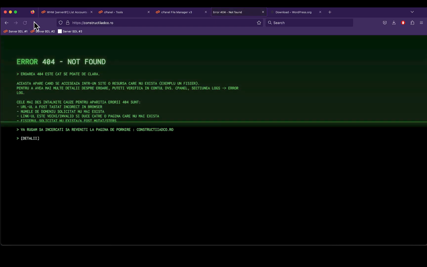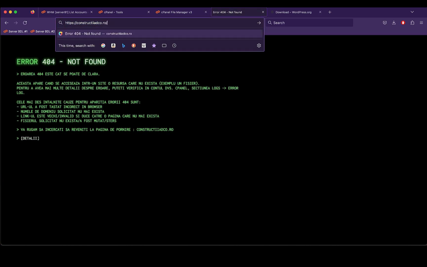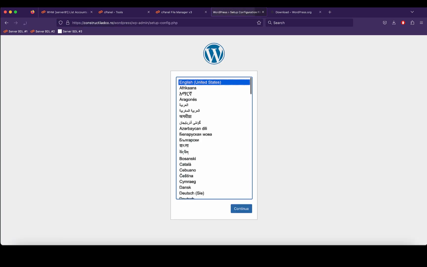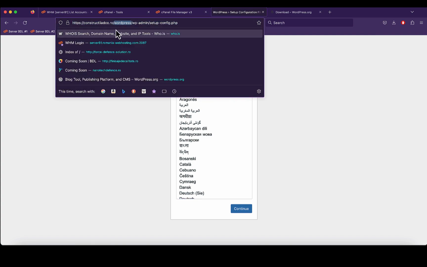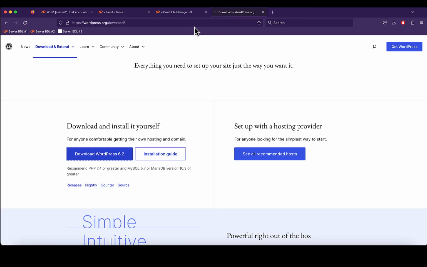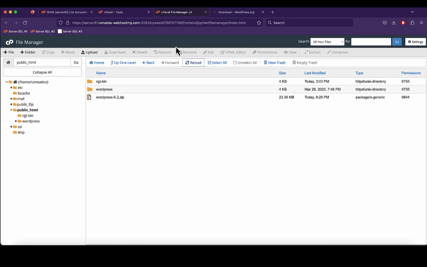And here is the first mistake that most people make. The mistake is to leave the WordPress folder as it is. The solution to make the website work when you access the domain name would be to make a redirect behind the scenes, which is not a good idea. So in order to fix that, all we have to do is transfer all the files from the folder into